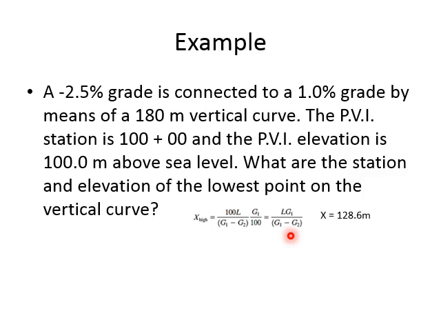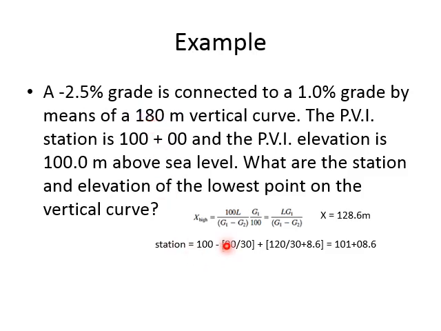which comes out to be 128.6 meters. Now this is the distance from the starting point, it's not the station. The station is somewhere behind that, at point 0. So what is the station of the lowest point from station 0? I have the station of PVI here, so PVI minus 90, which is half of 180, half of the length.